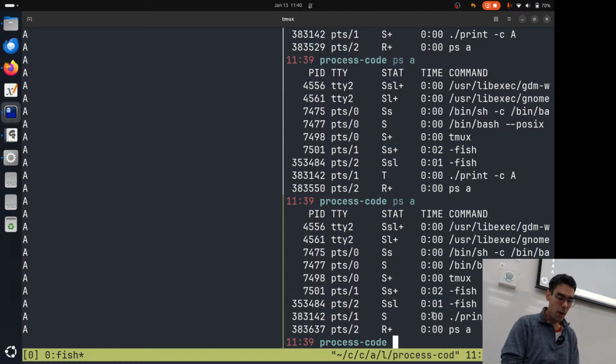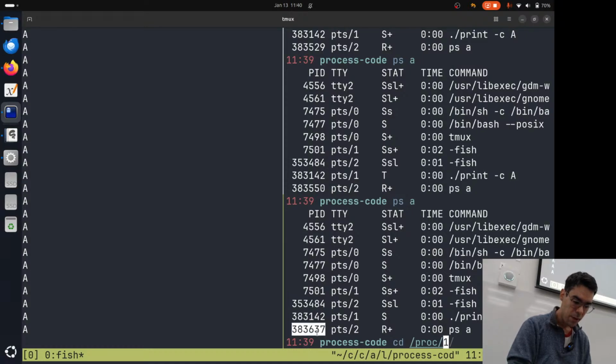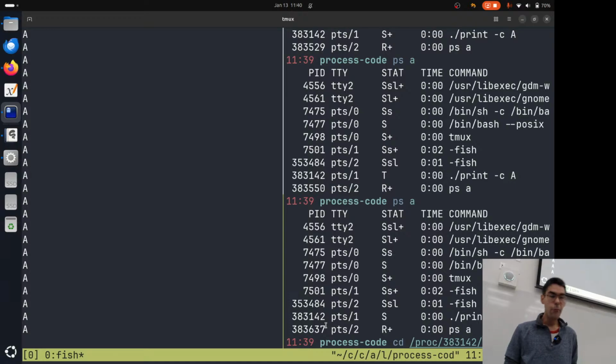The last thing that I want to see, and I'm not even going to draw this out because it's not important for our discussion right now, is I want to take a look at that proc file system just one more time. So I'm going to go to proc, and then I'm going to go to the folder that has this ID on it. Proc is this folder structure that lets you interact with the processes that are running on a Linux system, but they're just files. So you can inspect information about the running process by reading these files that are in this